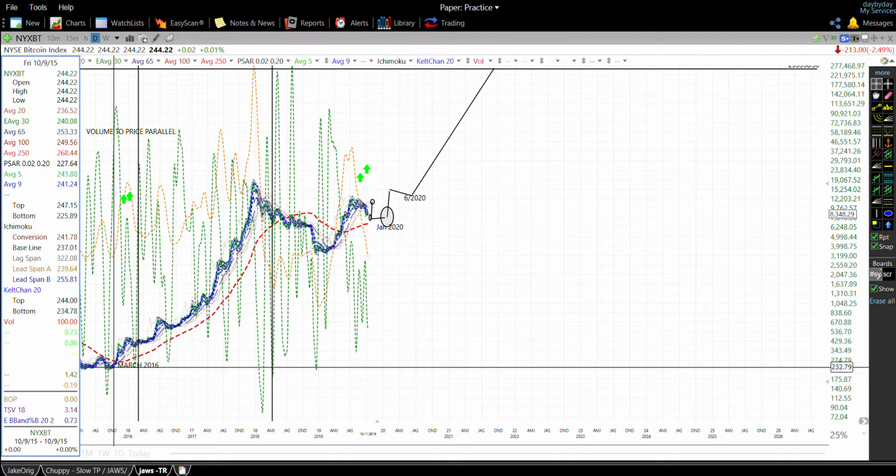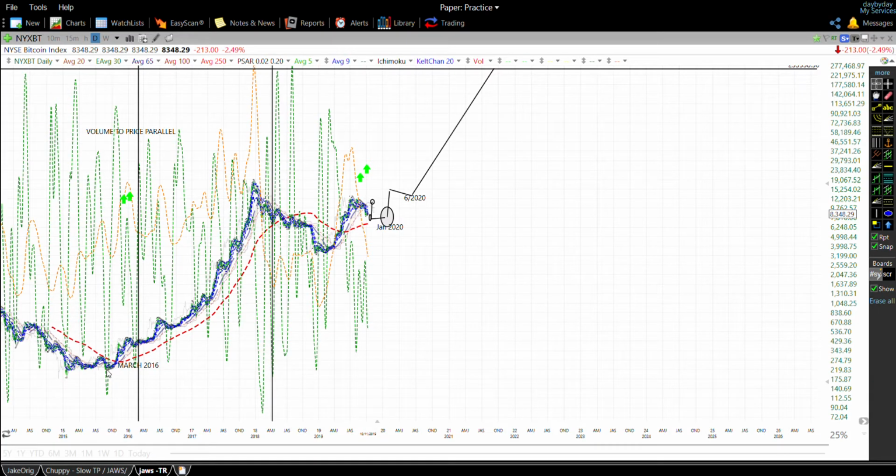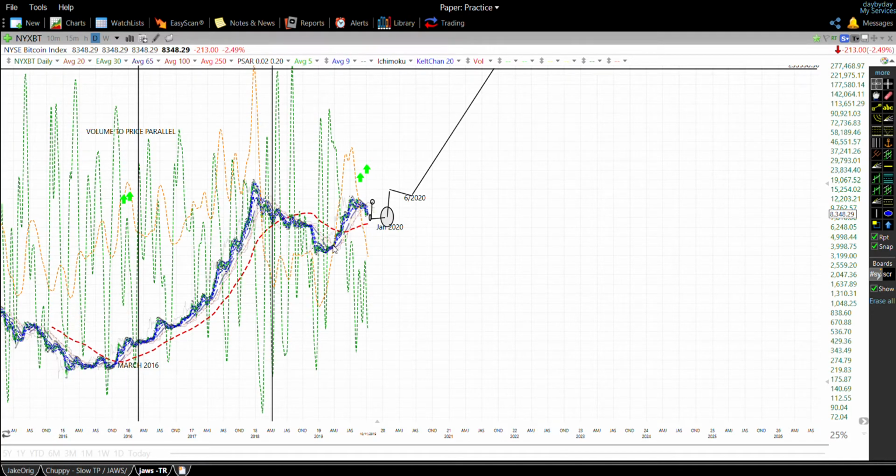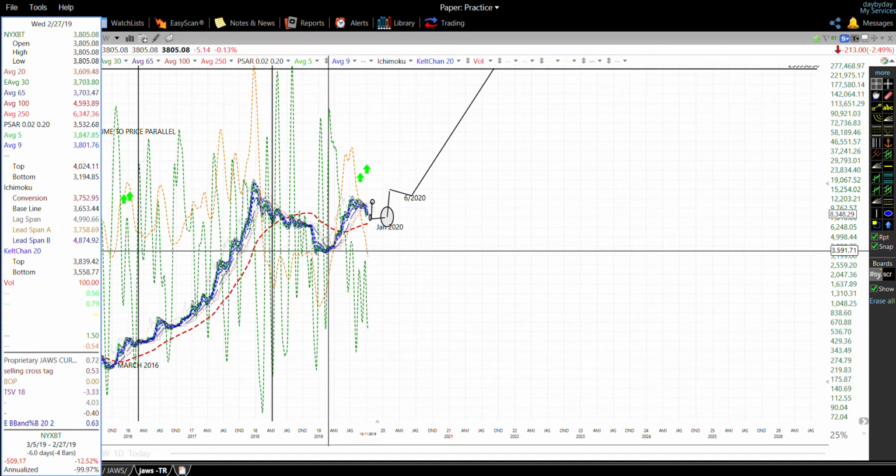October of 2015 we were at $230, and I actually owned Bitcoin during this whole period of time and experienced this entire move up from here. And so I believe that this is probably what just happened, analogous to this move right here. So this is like our $200 area related to this, 3,500 area